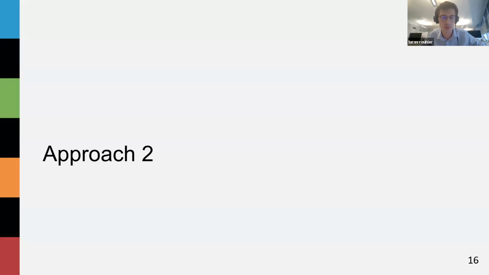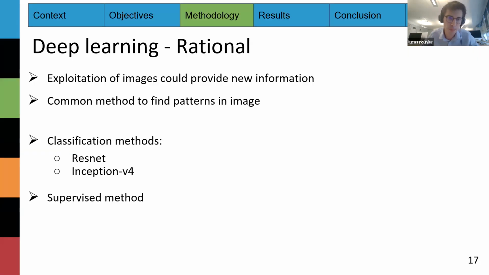So we had some pretty good results with that, but as I mentioned, we wanted to check if it was efficient to use the image as well as the clinical data, because the current prognosis relies on the state of the compression, which is obtained through MR images. And the exploitation of the image could provide new information and shed some light on the clinical data. Deep learning is now becoming a common method to find patterns in images, especially since most machine learning methods require feature extraction, which can be pretty dicey if the images are not rated by an expert.